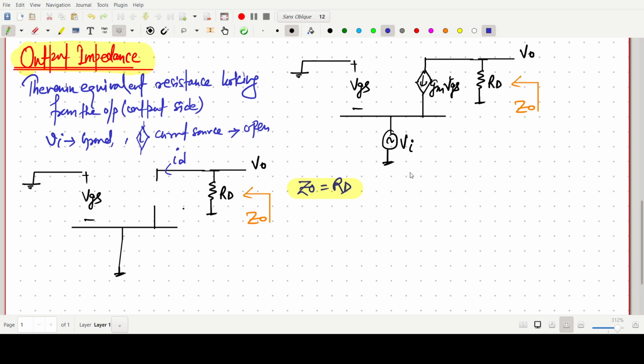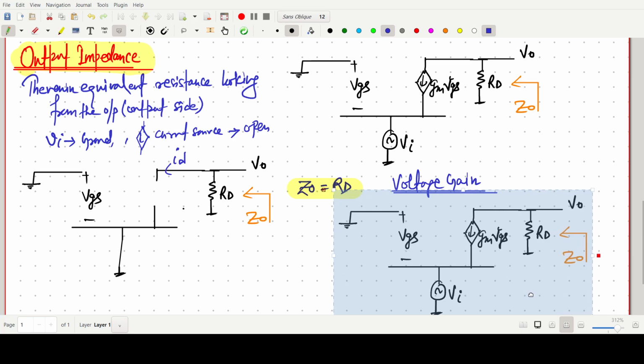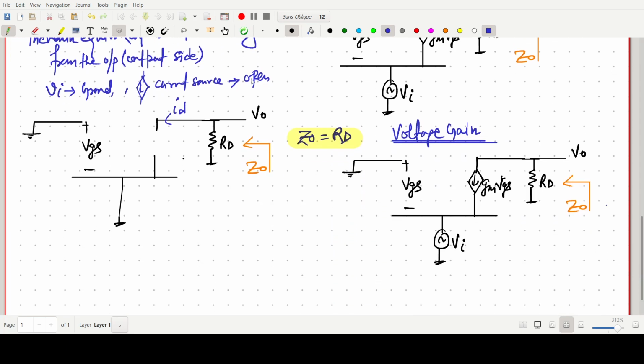Voltage gain calculation. For the voltage gain calculation, we again have to draw the AC equivalent circuit. This time we will remove this part. For the gain, what we have to find is the value of Av, which is V naught by Vi. This current is nothing but simply ID, flowing. Here I am writing: this voltage is 0 volt and this voltage is output voltage, say V naught, and current is flowing like ID,